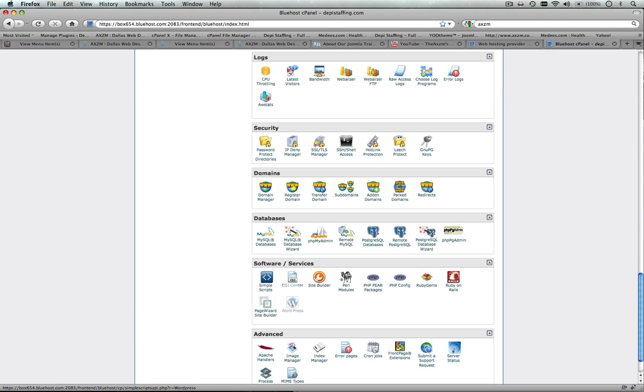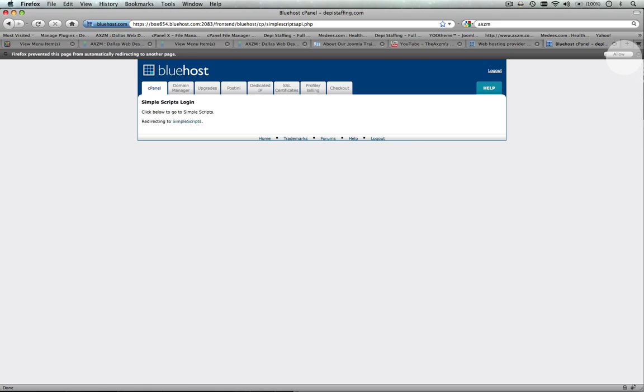Simple Scripts is really useful because it allows you to automatically install these CMS websites without having to do what's called a manual install. That's go in, create the database, and then actually enter in that information into a configuration file, and have to do basically the entire process manually. It just kind of takes care of all of it for you. So you're going to click on that once you're logged into the Bluehost control panel,